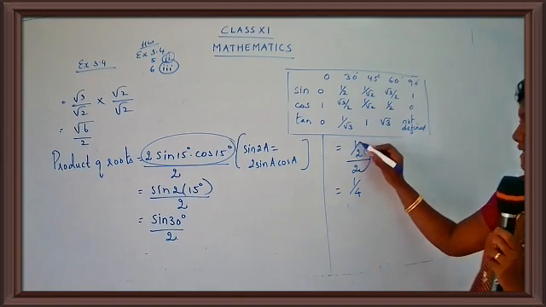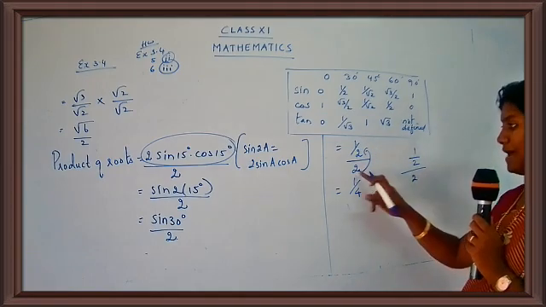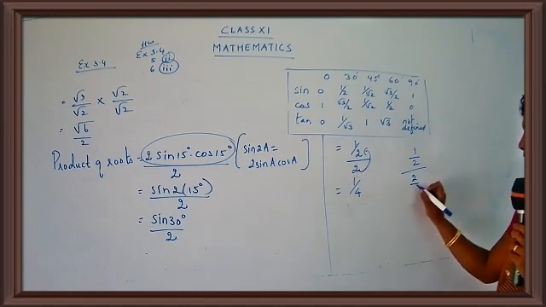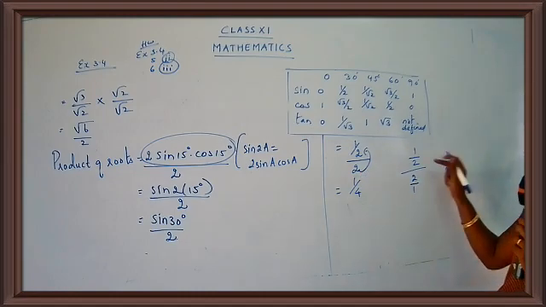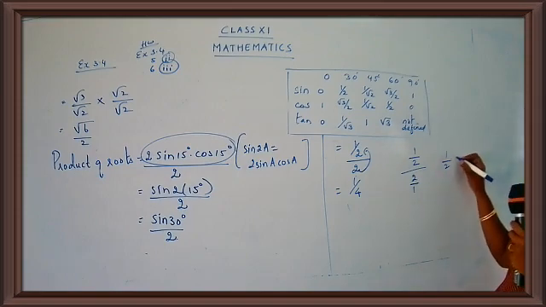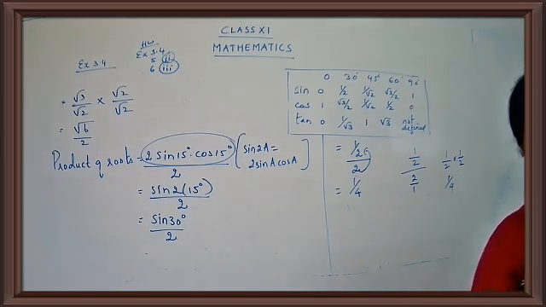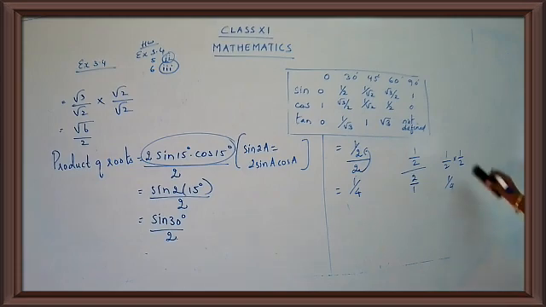Very clear, children? It's 1 by 2 upon 2. You have only a 1 number, yes? That can be taken as 1. So 1 upon 2. The numerator will be kept as numerator, and for the denominator, you have to write the reciprocal. So this becomes 1 upon 2. So what is the answer? 1 upon 4. You know how to go for fraction upon a fraction. So I get the answer is 1 upon 4.